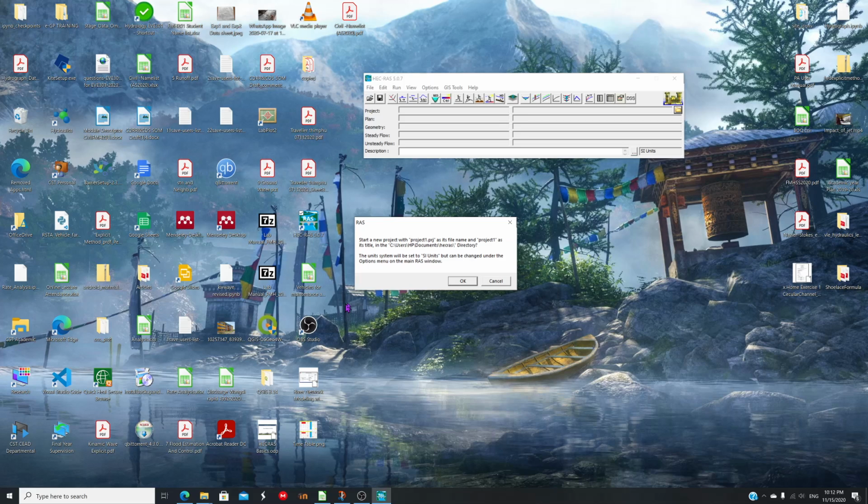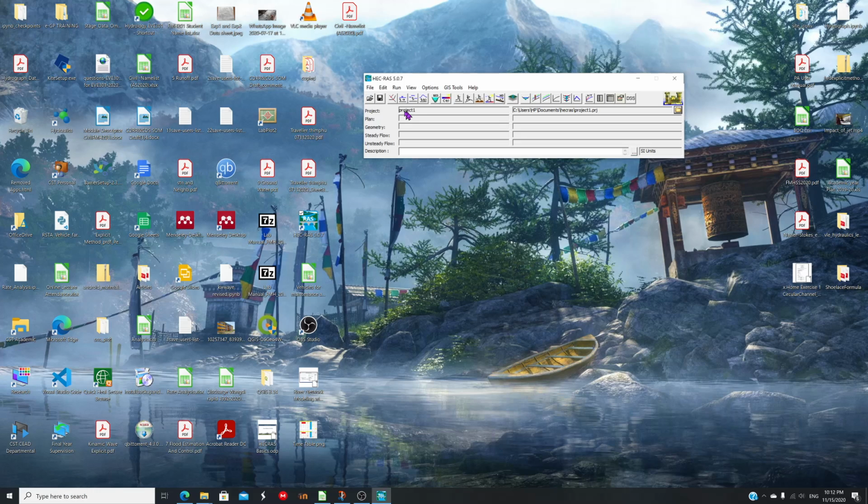All right, it's saying the unit will be set to SI units, but it can be changed later. I will be using SI units, so no matter. So here the project is Project 1 and its directory is this. I always recommend people to create a new folder because HEC-RAS tends to generate so many files. Okay, with this, the next step is to create the geometry, and to do so you can click this button or